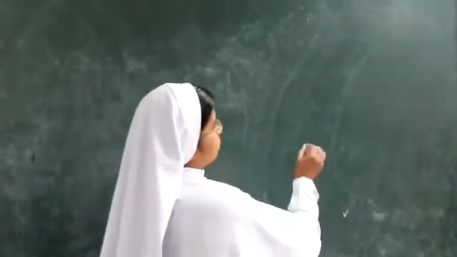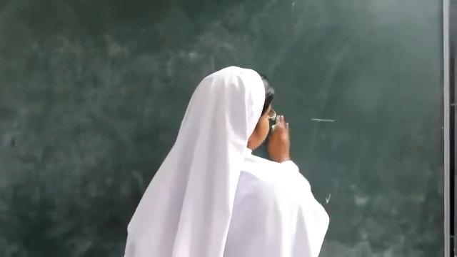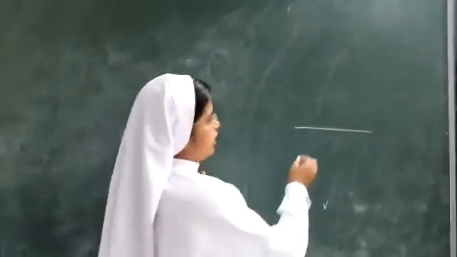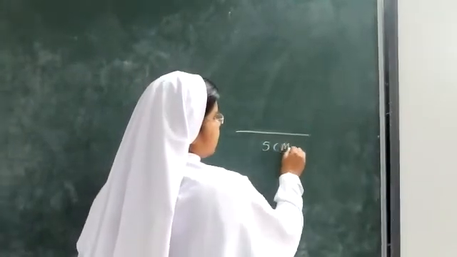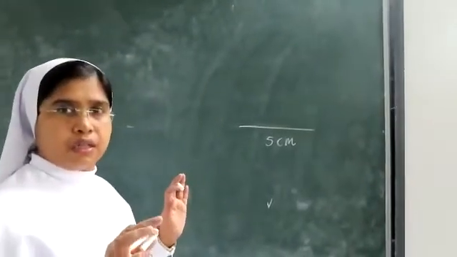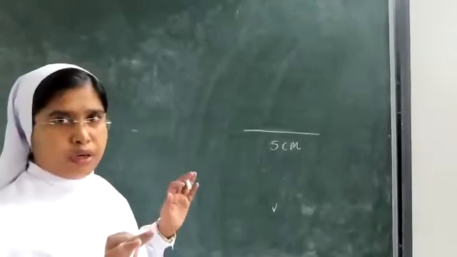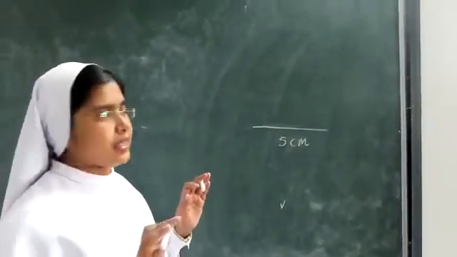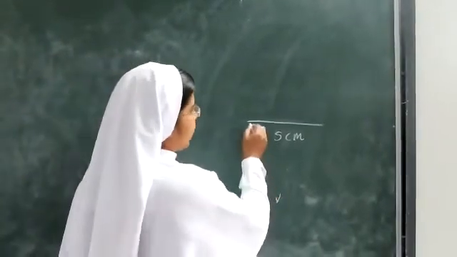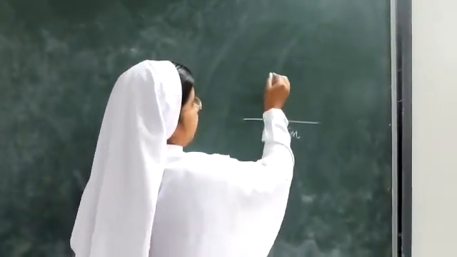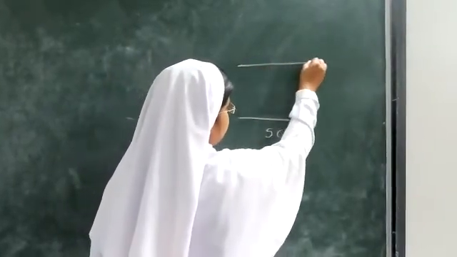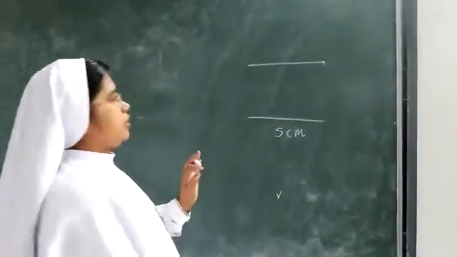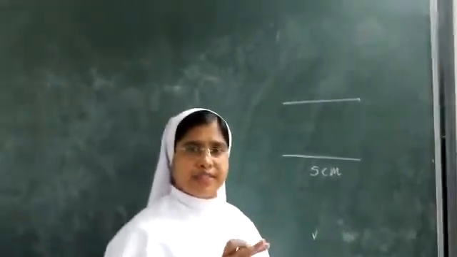Okay. So, I am drawing one line, maybe of 5 centimeter. Equal sides means all the 6 sides have to be the same. Equal sides, angle can be different. So I draw here 5 centimeter. Here also I draw 5 centimeter using the scale. When you draw, you have to draw straight and properly.